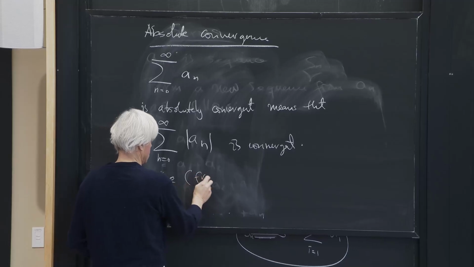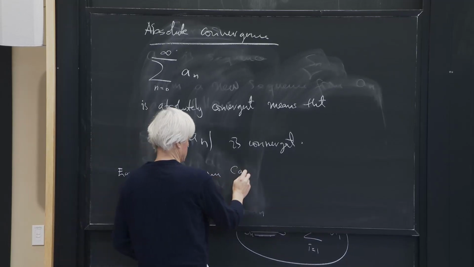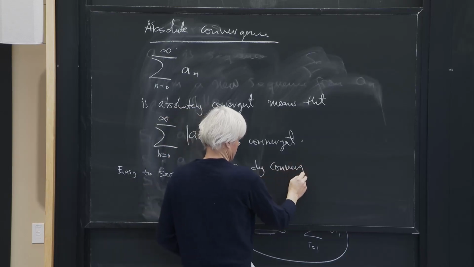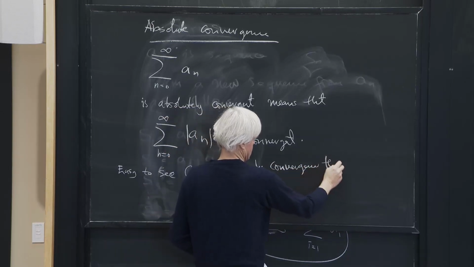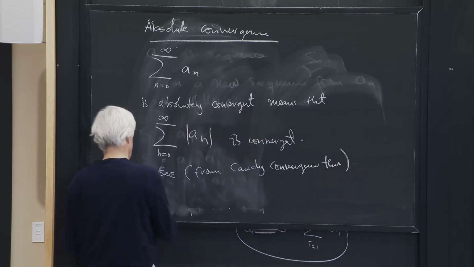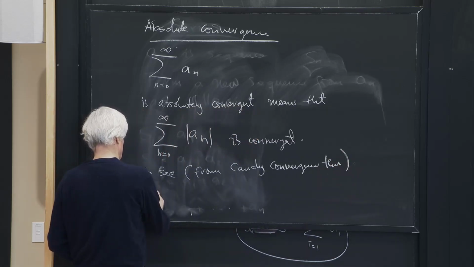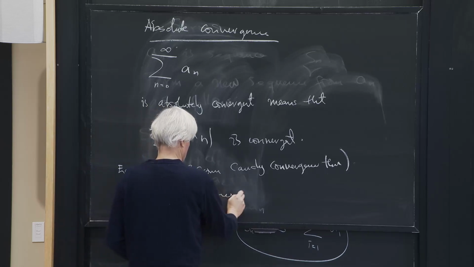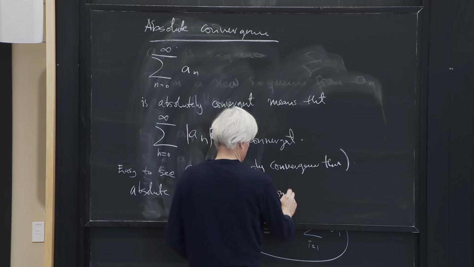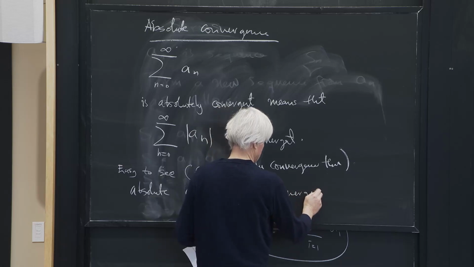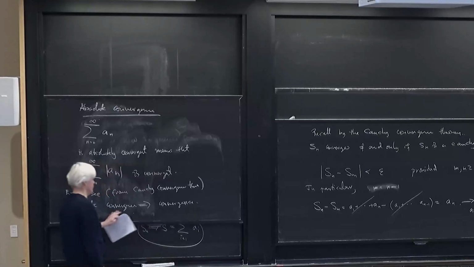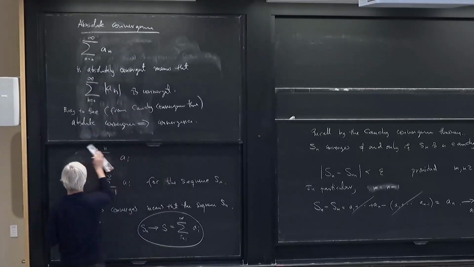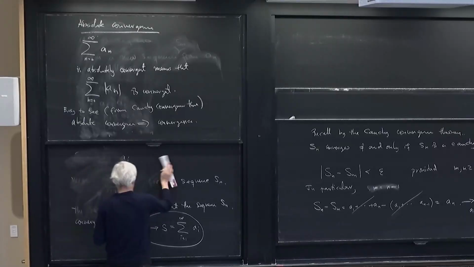and it was just from the Cauchy convergence theorem, that absolute convergence implies convergence, but not the other way around. So the Cauchy convergence theorem gives you this implication. Why it's not the case that you have the other way around, that is because of